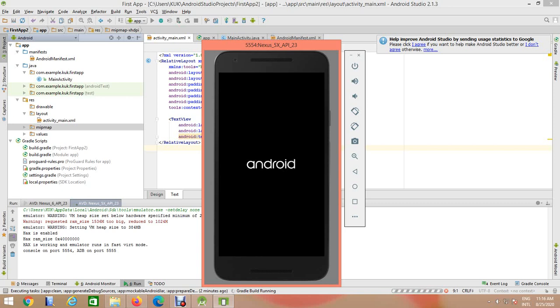For this part we have only changed the text. We have changed the hello world to this is my first step, and then we have simply built our app and executed it, and then we created the emulator, and we are waiting for the execution of our application in the emulator.